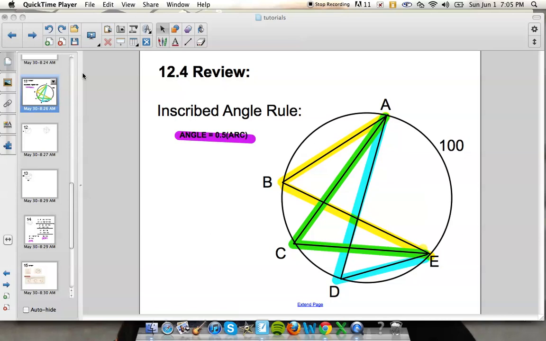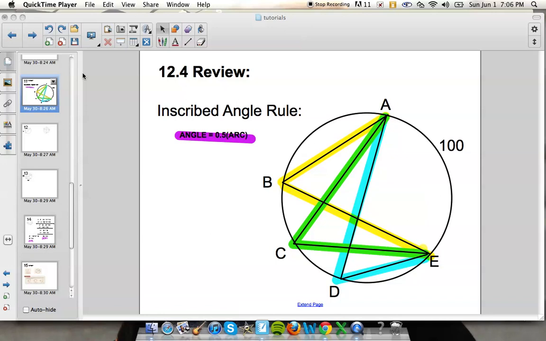This is a tutorial over section 12.4. 12.4 is mostly with inscribed angles. This can be a very tough section. Inscribed angles can get very messy inside of a circle because they can put 4 or 5 of them in there. The biggest thing that you need to remember for inscribed angles is that the angle is always equal to